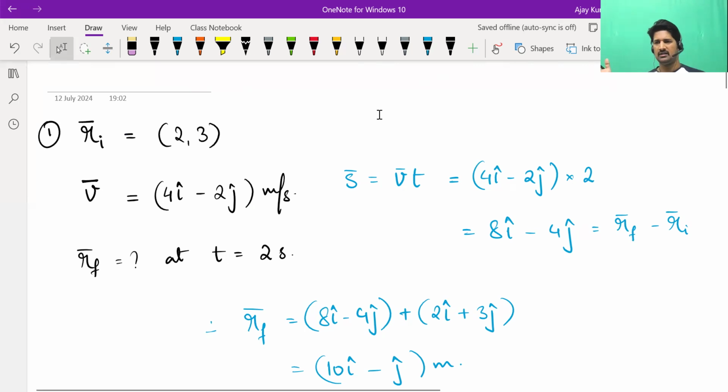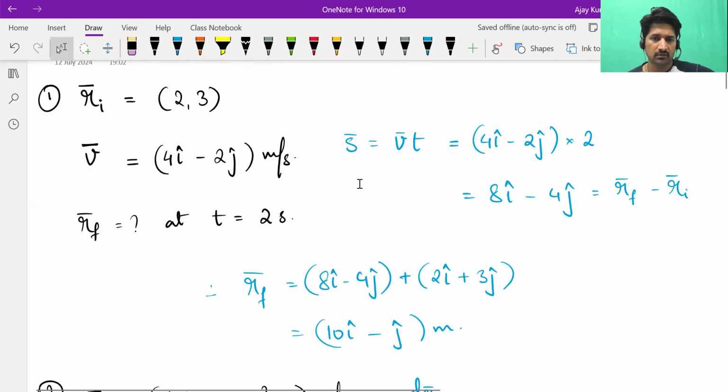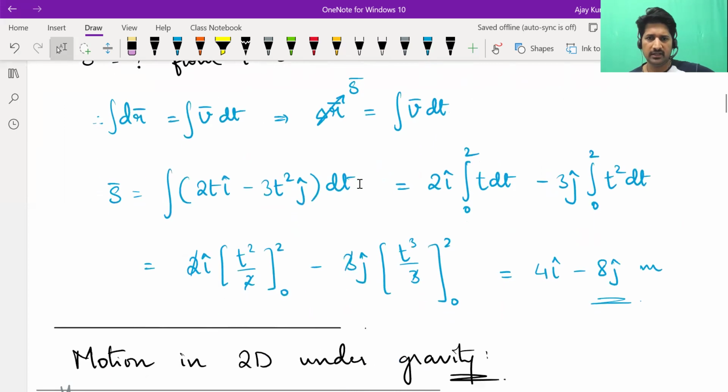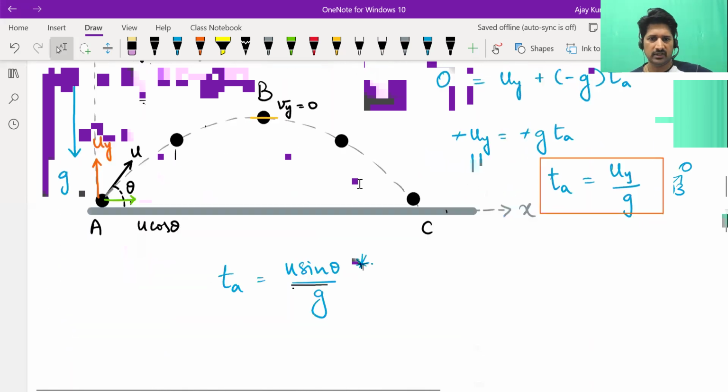Throughout the country, all students refer the same textbook. But who can apply those concepts to new situations and solve new questions? Those are the ones who will clear the exam. So that is what is more important. Practice applying what you learned is very important. Anyway, first we discussed how you can integrate vectors. Just treat i cap, j cap as constants and integrate. Then we started talking about motion under gravity in 2 dimensions.